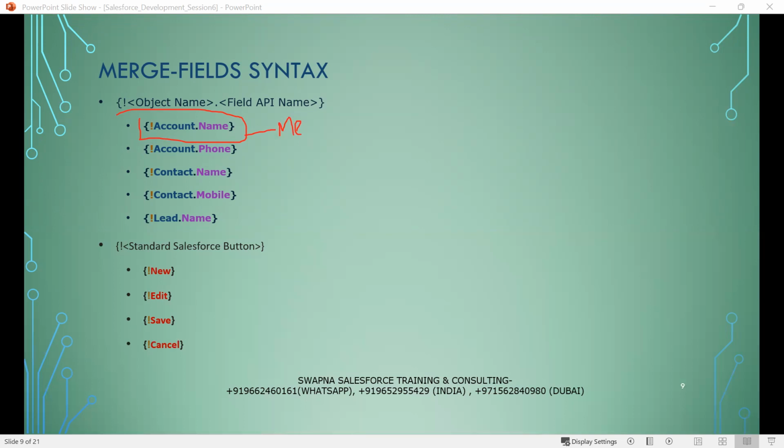You hear this usually in any development. Not only in Visualforce, you will be using these merge fields in different places. Now, if you want to use the Salesforce standard button,